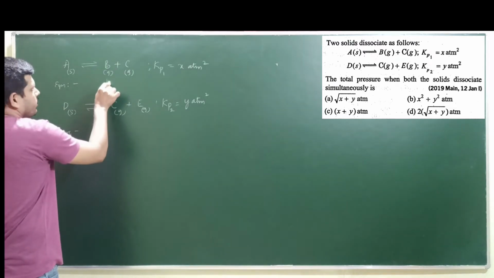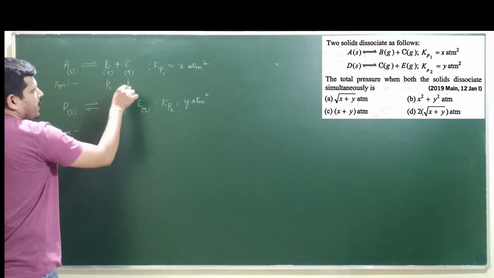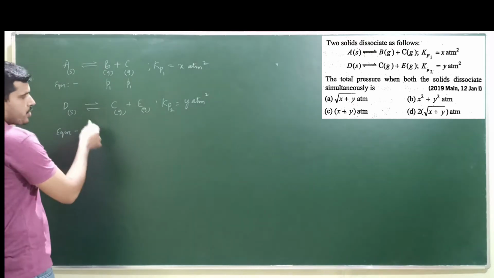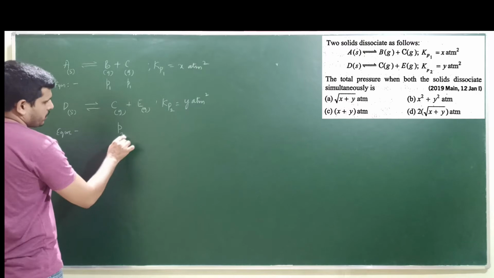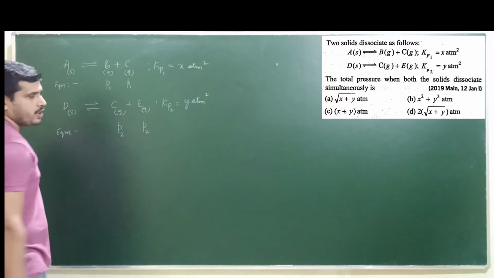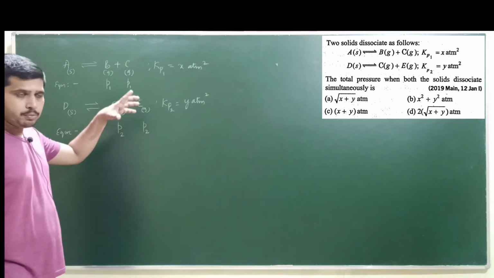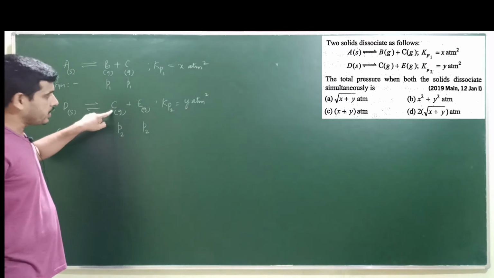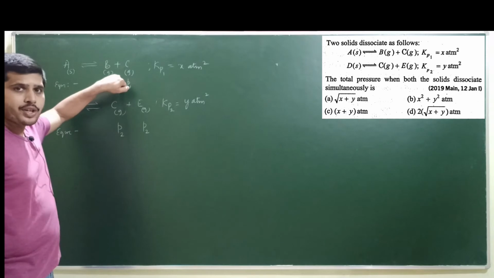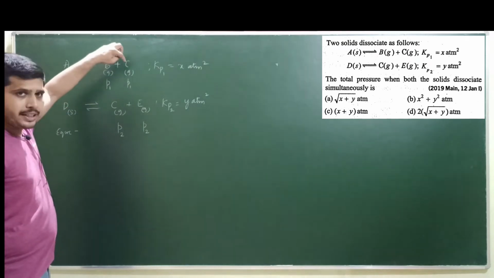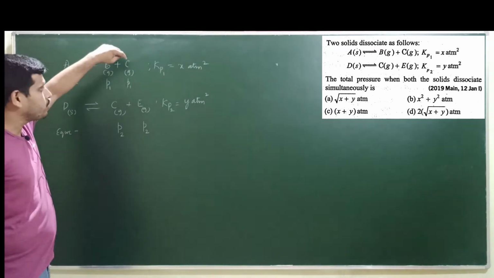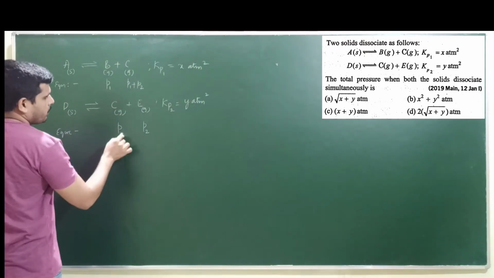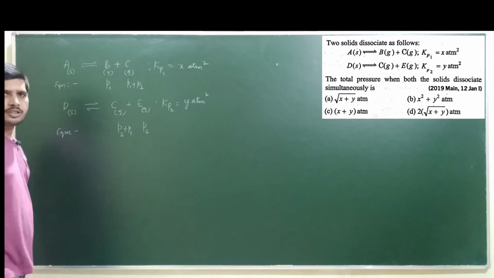So what is B then? It will be P1. What is C? Because partial pressure and molar concentration are constant at equilibrium. Now for equation 2, we take P2. So this is P2, this is also P2. But there's a problem. Why? Because I have both dissociation reactions in one chamber. So the pressure of C is not due to equation 2 alone, but equation 1 must also be included. Therefore, in the reaction mixture, the pressure of C is due to the first and second equations, so the pressures are to be added. So this is P1 plus P2. What about E? P2 plus P1. Did you get that? Yes.